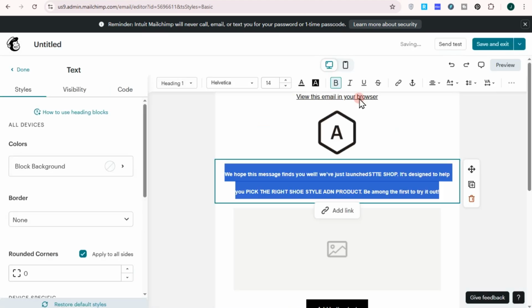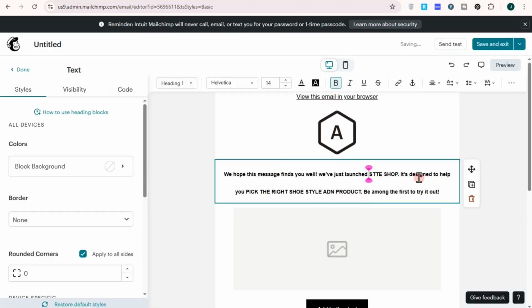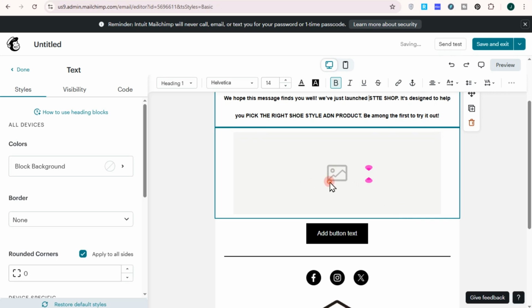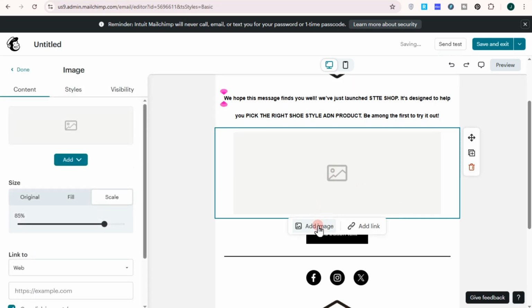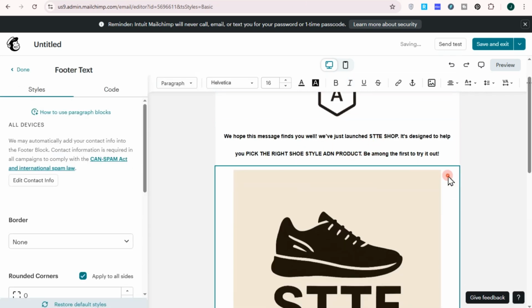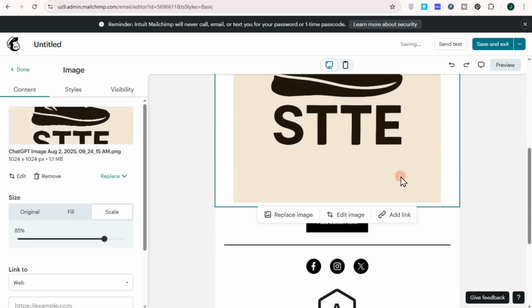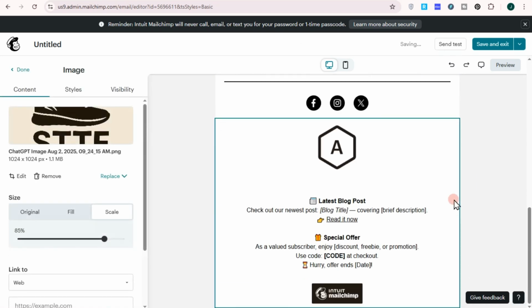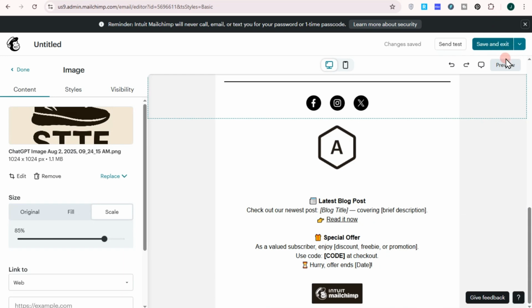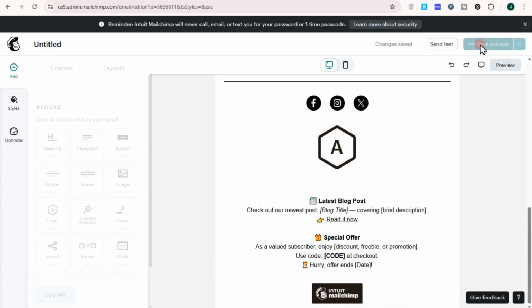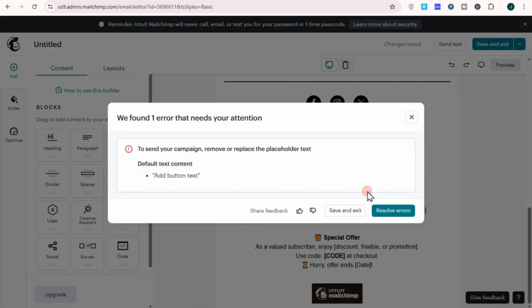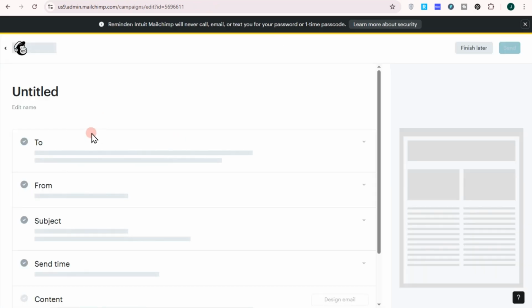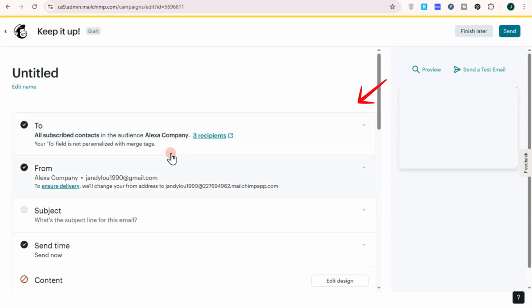And what you're going to do next is to add your newsletter content. So for example, it's a newsletter where you want to announce that you have a new or upcoming product right here. And then you're going to add the picture and more information about this product. After that, if you tap on the send icon right here, then it will take you to this setup,